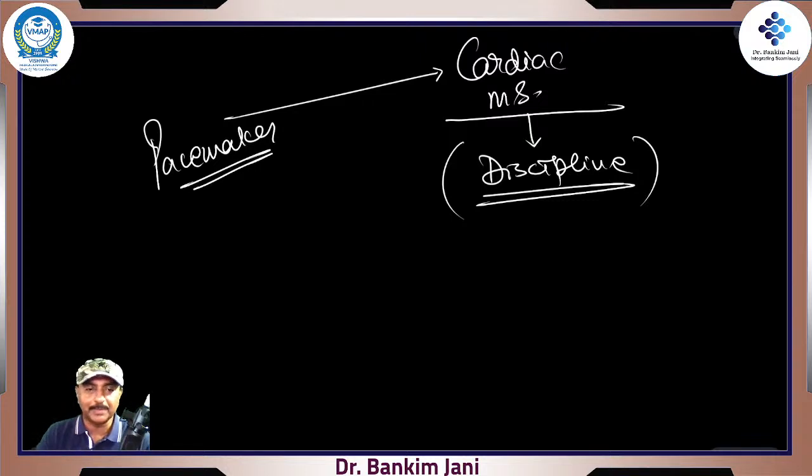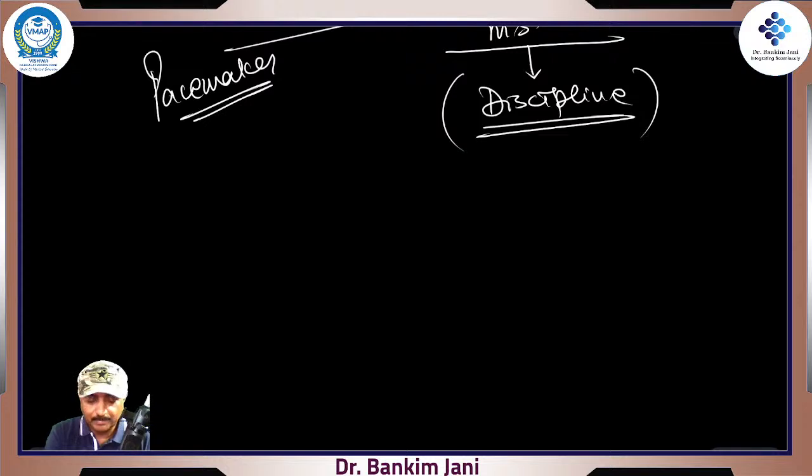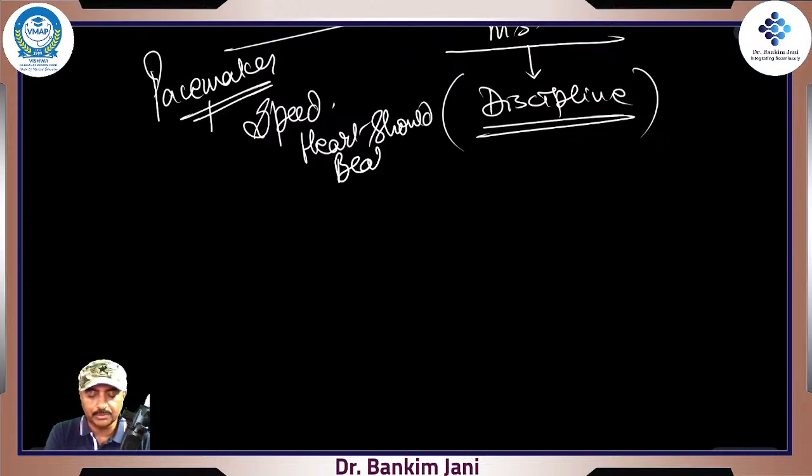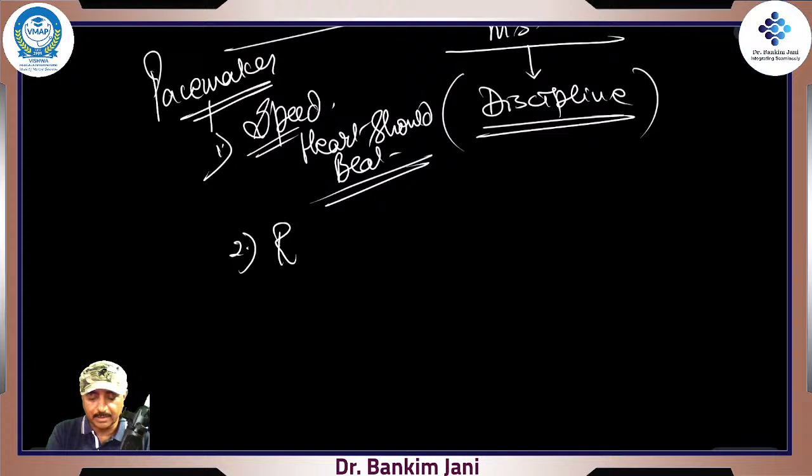So now let's learn what the pacemakers do, and how they are so different compared to our myocytes. In the case of the pacemaker, it is the one who sets the pace. Simple. Pace means speed, the speed at which the heart should beat. That is purely controlled by these pacemakers, because the pacemaker fires, and then the heart muscle simply follows their instruction. It is not only the speed. Speed is one thing; second, it is the rhythm.